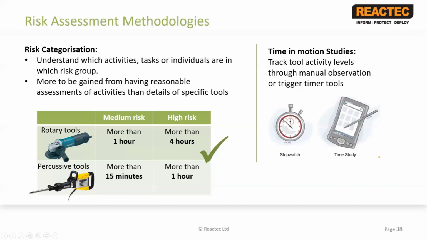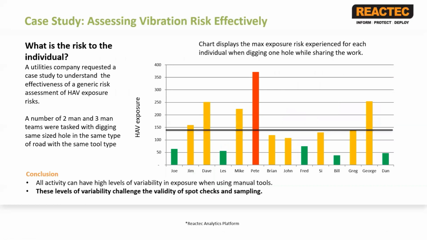In the following slide, we'll look at data from one particularly detailed work study or timing motion study that was carried out by a utilities company. The utilities company looked over a period of time at a number of people carrying out the same task. The task was to excavate a 1 meter squared hole, and this task was carried out repeatedly and measured repeatedly